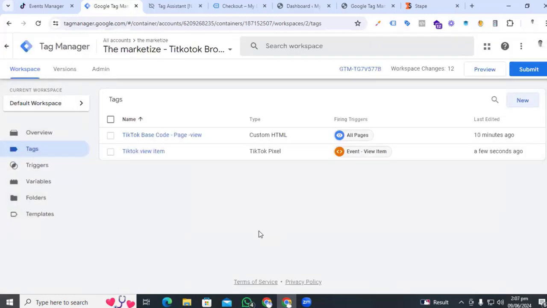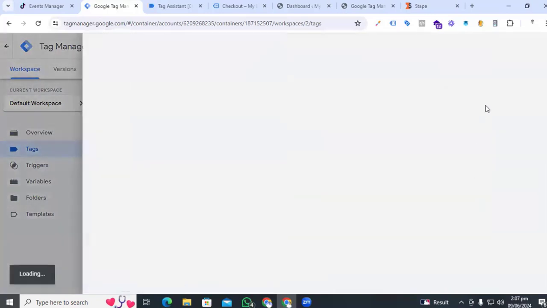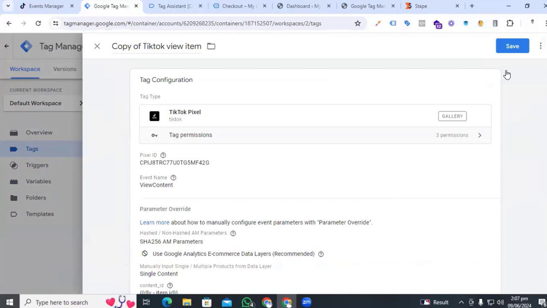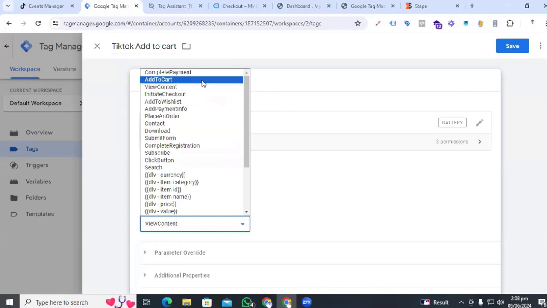We have created the TikTok view item event. So for the add to cart event, we just use the shortcut method, that is, firstly open the TikTok view item tag and copy the tag and rename the tag name, because now we are creating the add to cart event. So we put the name of the tag as add to cart, and the pixel ID will be the same, we just change the event name, that is add to cart,